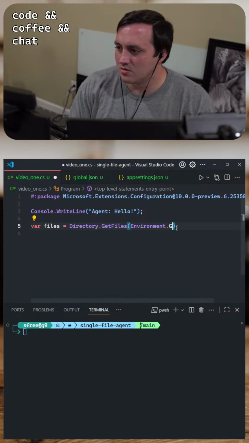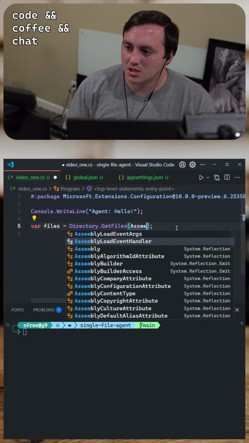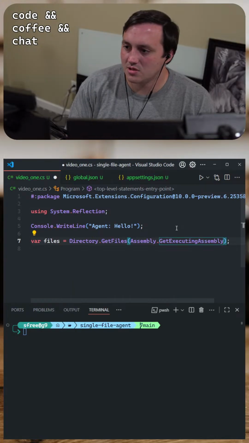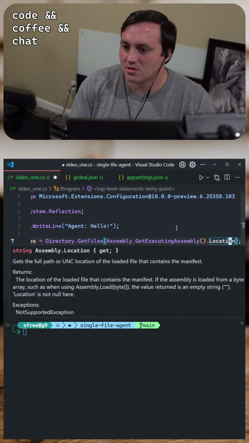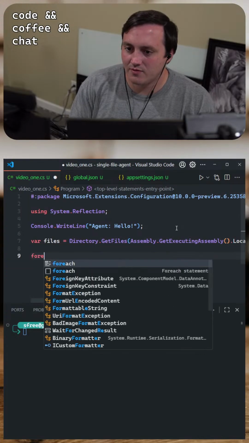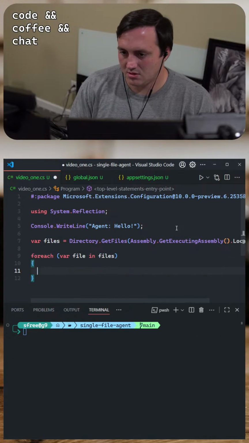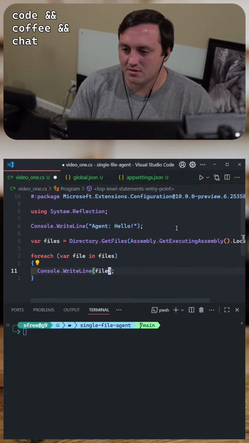Can I do Assembly.GetExecutingAssembly().Location? Gets the full path, and then for each var file in files, Console.WriteLine the file.